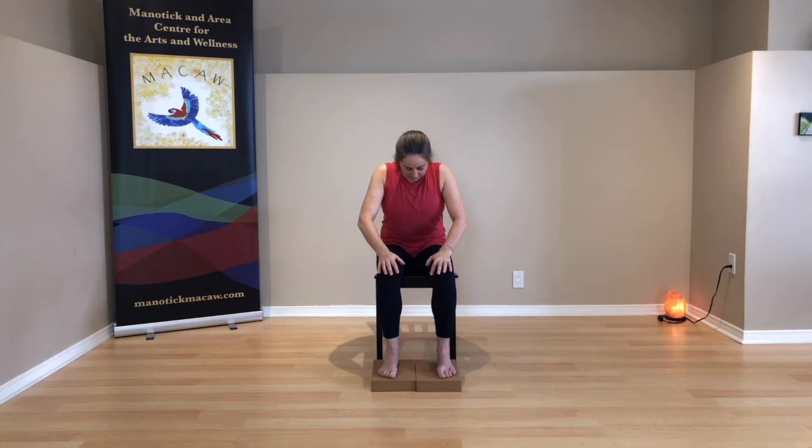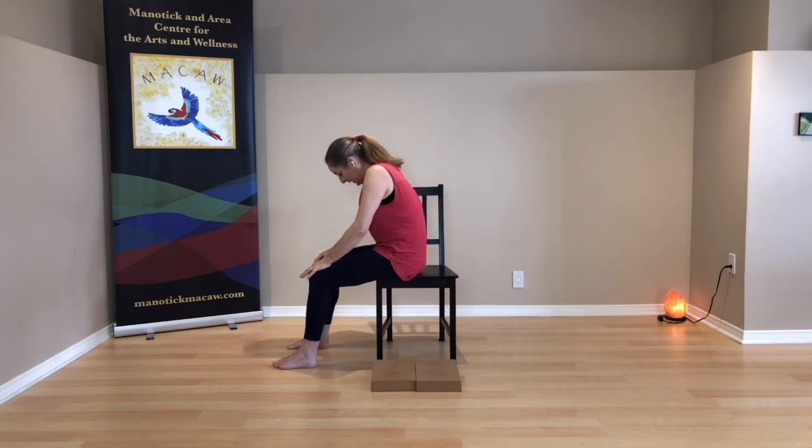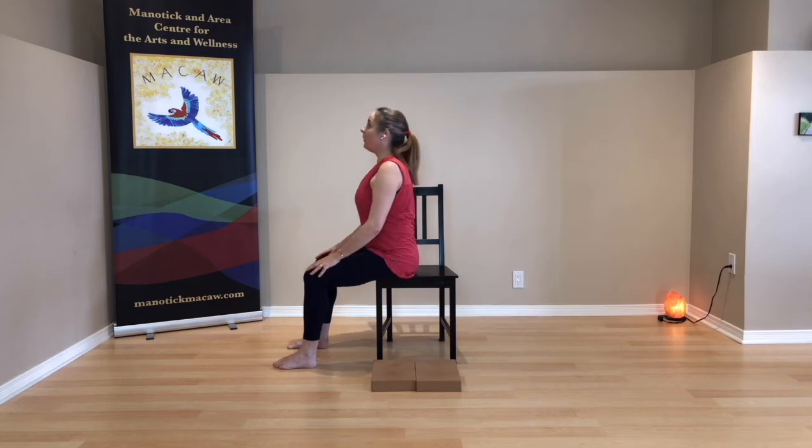Come on back up, unwind the arms. Let the hands come on down and rest on the legs. So we're going to come into a gentle cat and cow movement next. So you're going to let the tail tuck and the spine gently round. And you're going to come the opposite way and let the pelvis roll forward and let the upper body gently come forward. Okay, so just back and forth there between your gentle cat rounded position and your gentle cow arched